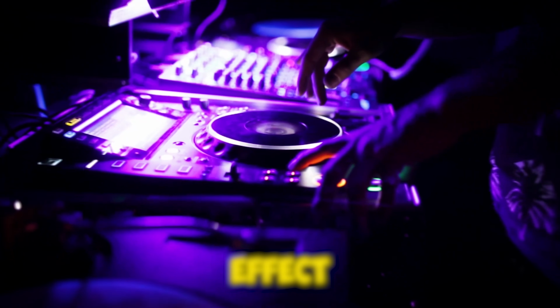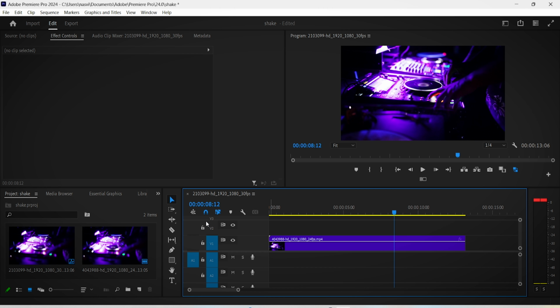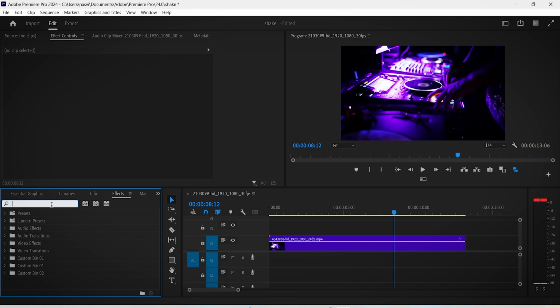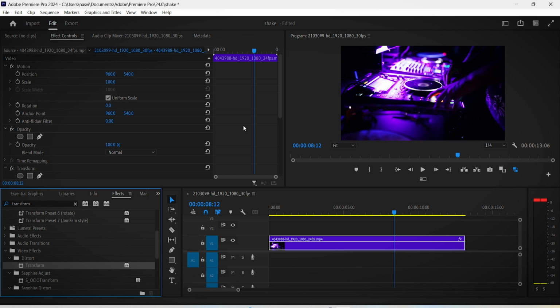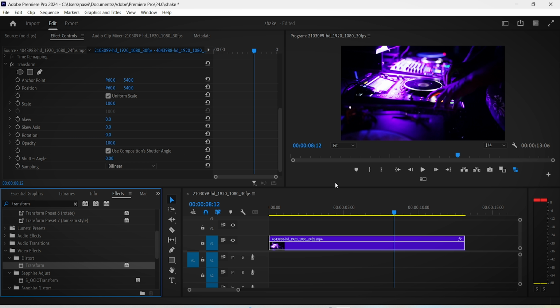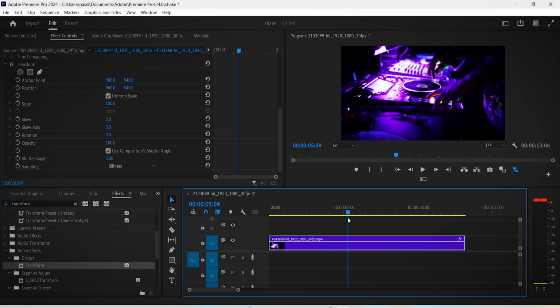Here's how to create a shake effect in Premiere Pro. First of all, go to the effects panel and search for the transform effect. Drag it onto your video layer and open the effect controls right here. Put your time indicator where you want the shake effect to start, and then hit the stopwatch of the